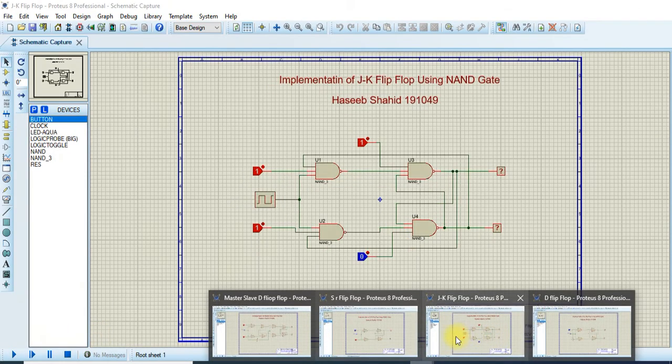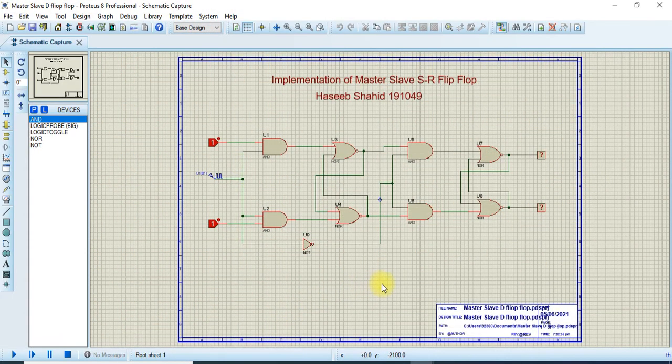Now we will discuss the master slave SR flip-flop. This works exactly the same as the flip-flop, but as you can see, 1 1 is not possible in that as well. We will store 1, so we will get 1 at the output. If we change to 0, still no change, and if 0 1 is applied, the value is still stored, and after that the value is reset.